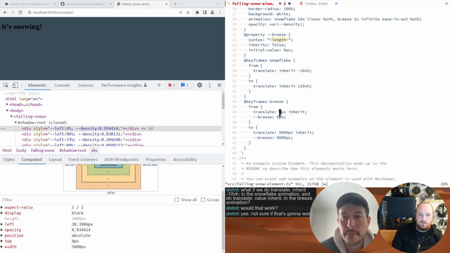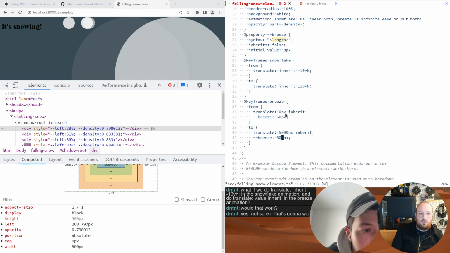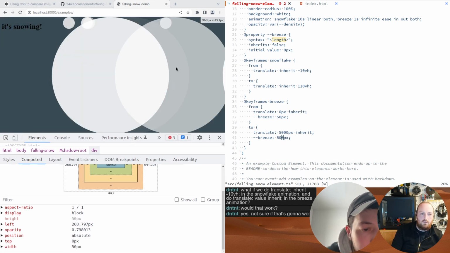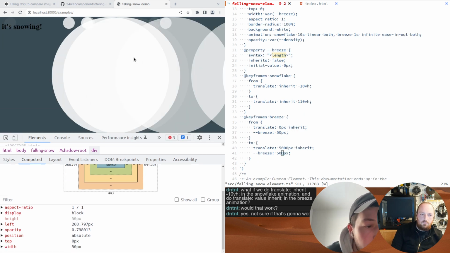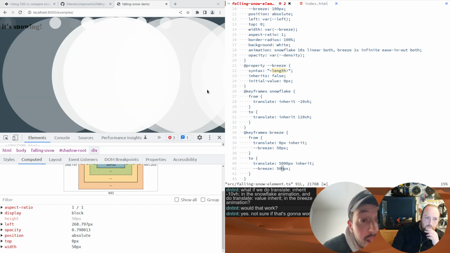Let's change this to 100. Whoops. Let's change this to 50 pixels and 500 pixels, just so we can see. Oh wow, this is like some kind of jazz music visualization. I guess it makes sense that actually the